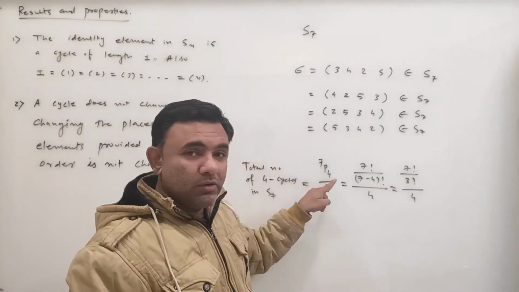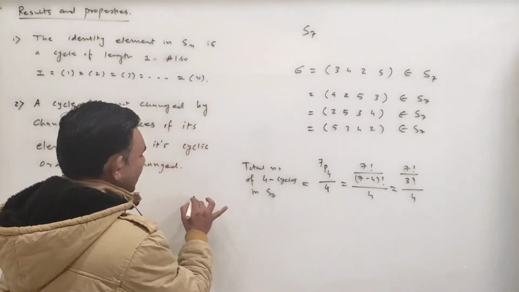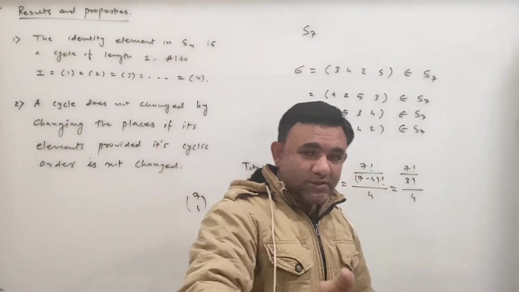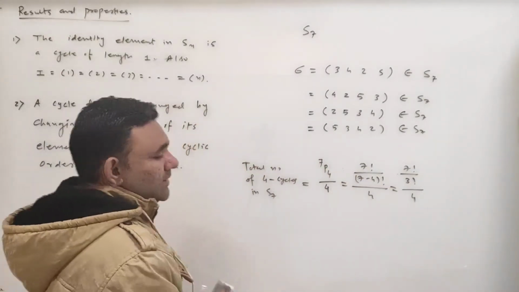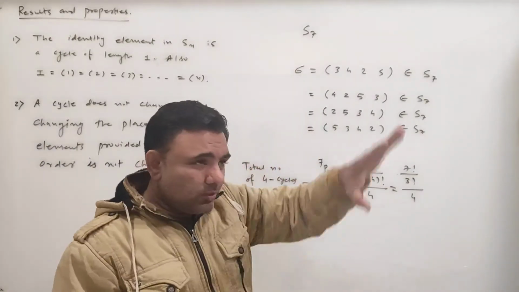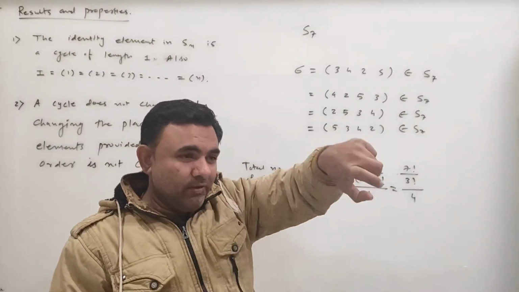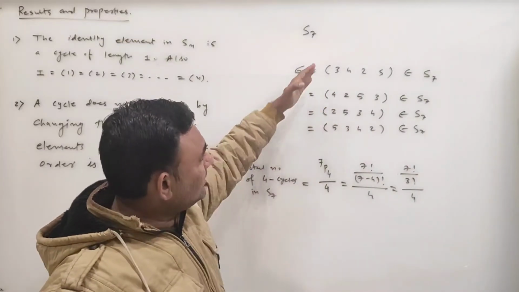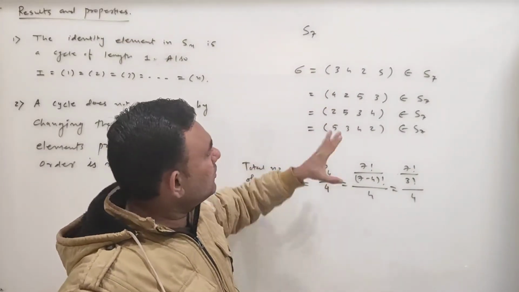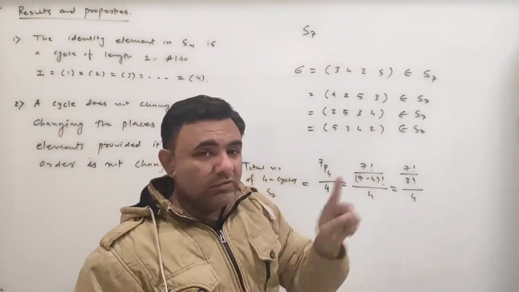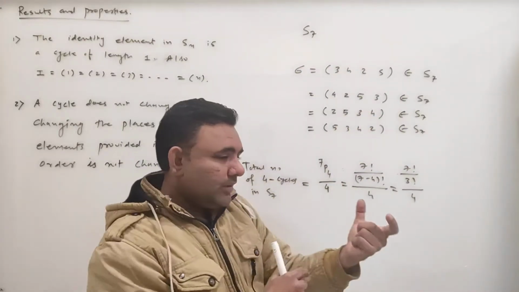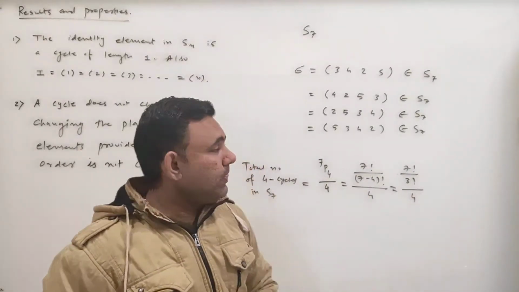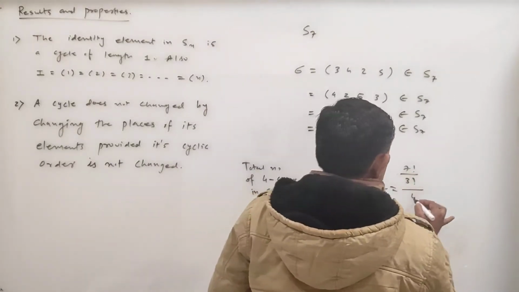is 7P4. See, if you choose just, then it is 7C4, but we are interested not only in choosing, but we have to arrange it in a row, so that can be done by 7P4 ways. But out of this 7P4 ways, these 4 are counted distinct, but we know that as a cycle these are same. So we have to count all this as one cycle. So every cycle has 4 copies. So you divide it by 4. So finally whatever the figure is, is your answer.